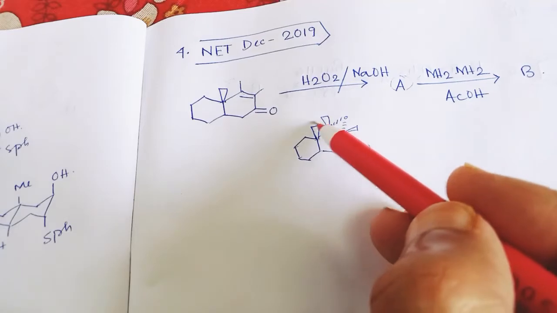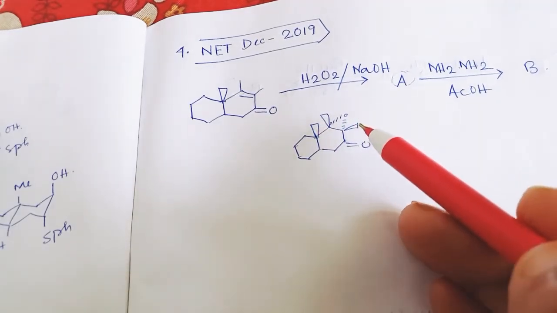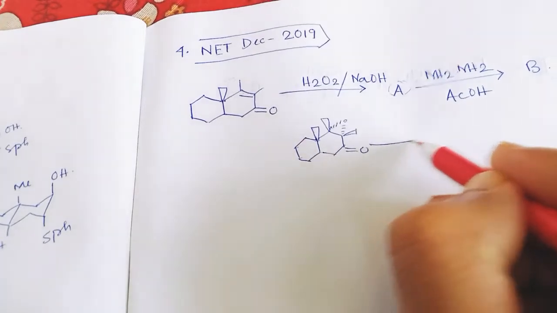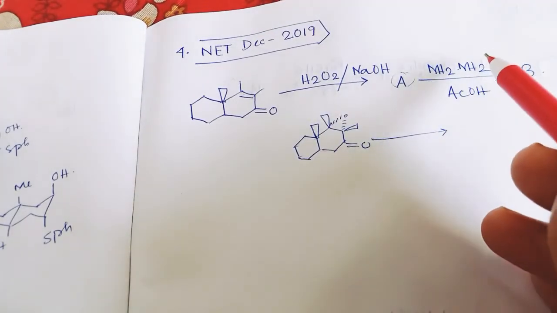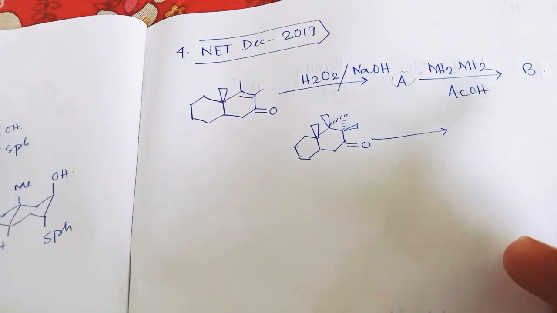Simply because the methyl group is at the above position, the epoxide will form from below. After treating with hydrazine in the presence of AcOH, what will happen? We have to predict this. First,